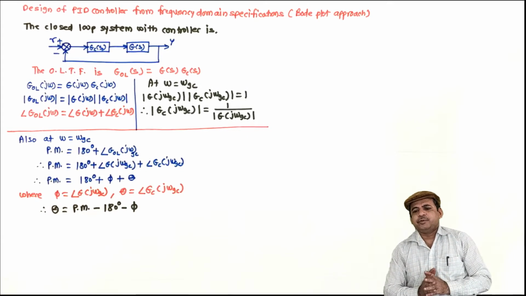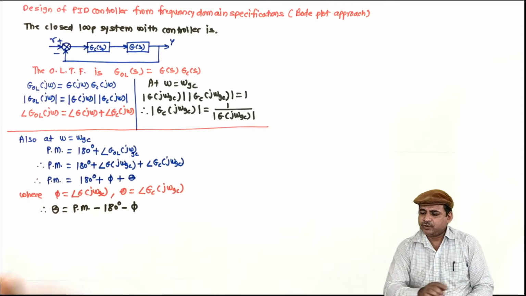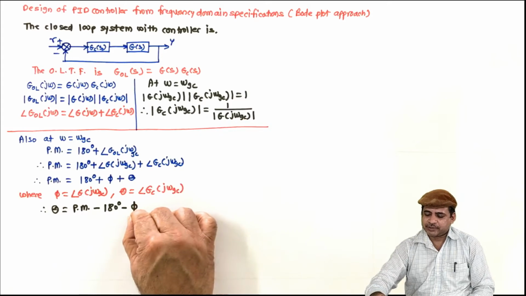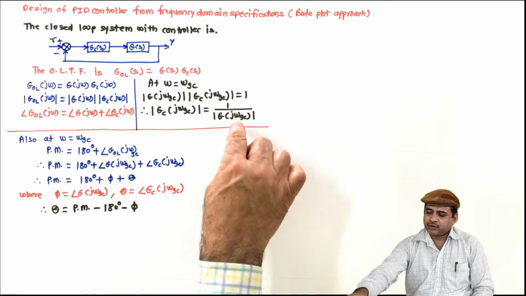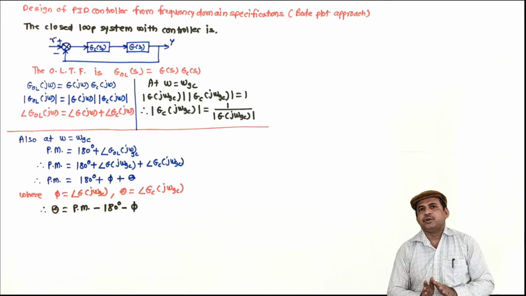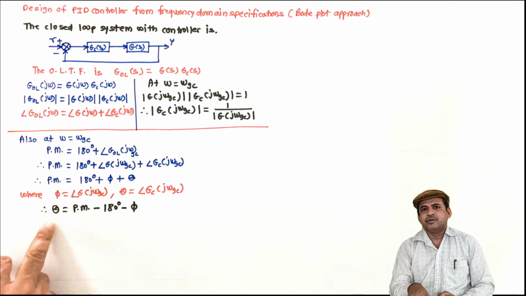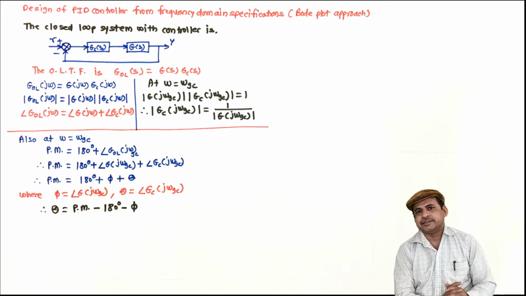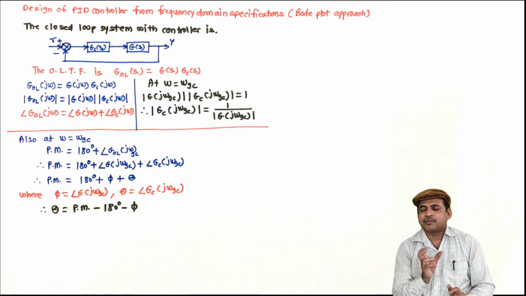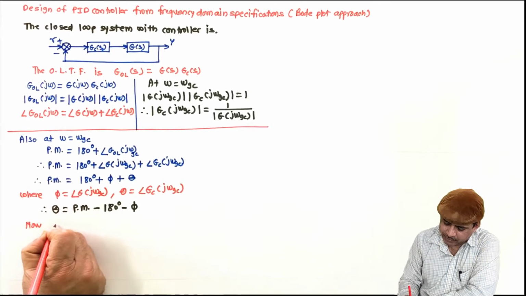See what happens if you have the open loop system G of s, and if we draw the Bode plot of that, from that we will get this function as well as this function. These two functions will be available, and then from this function we can find out the magnitude of the controller at omega gc, and from this function we get the phase to be contributed by the controller at omega equal to omega gc. We have the transfer function for PID, so let us do it now.